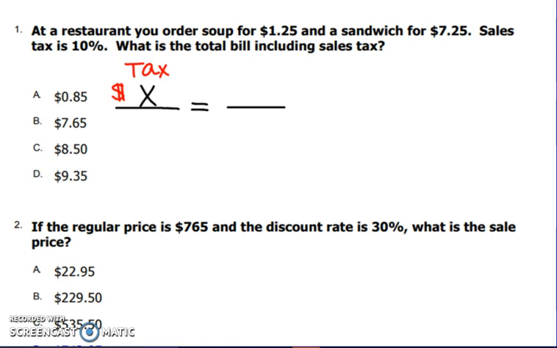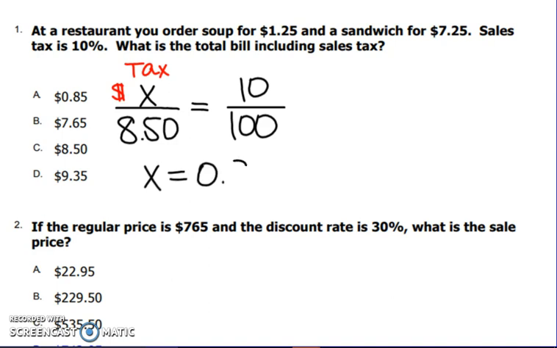In the denominator, it has to be the whole. Well, you have a soup and a sandwich, so you have to add those together to get your whole. When you add your soup and your sandwich together, you get $8.50. The percent that they give you is 10 over 100. So in this proportion, we are missing the x, so we have to solve for the x here. And I know that's one thing you guys are super awesome at. So I'm just going to automatically cross multiply and divide, and I get that my x equals